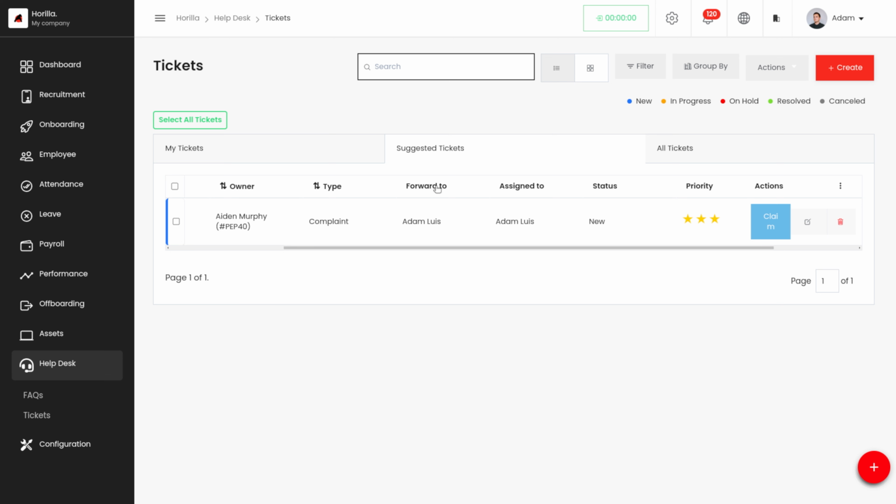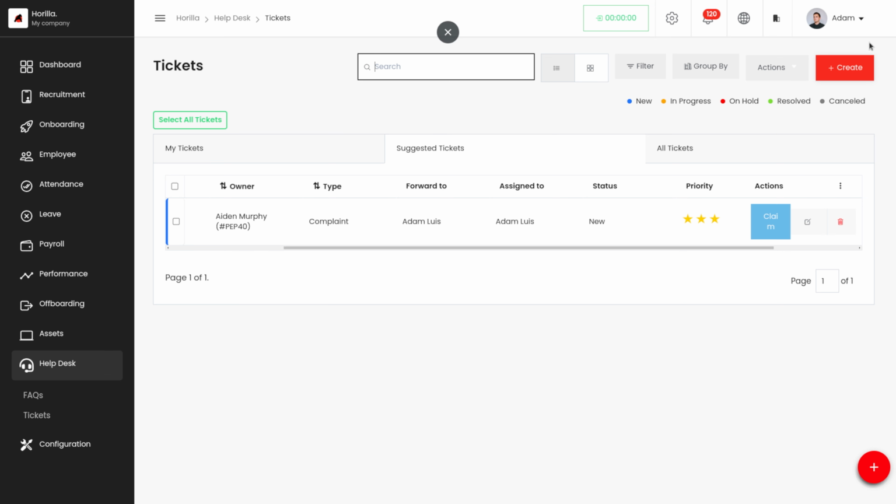And if the ticket has been suggested for many employees, that is, if you have set the forward to as HR department, all the employees from that department will be able to view that ticket and they will be able to claim the ticket. So if one employee has claimed the ticket, all the other employees will be restricted. They'll not be able to claim the ticket once an employee has already claimed it.